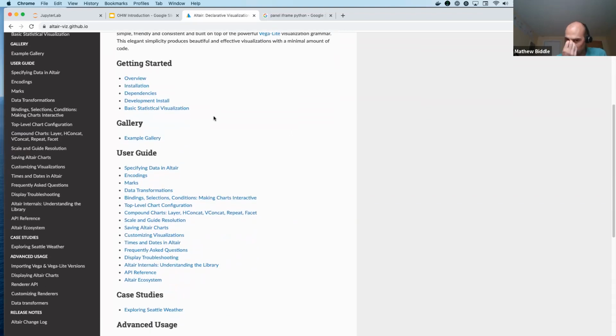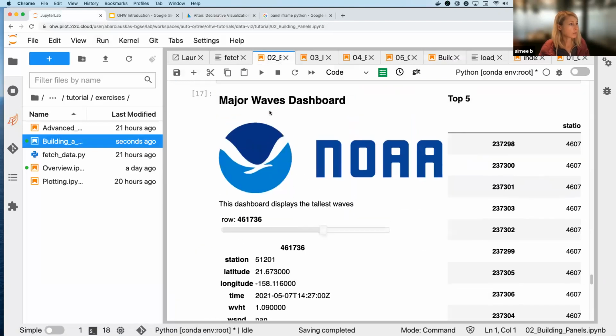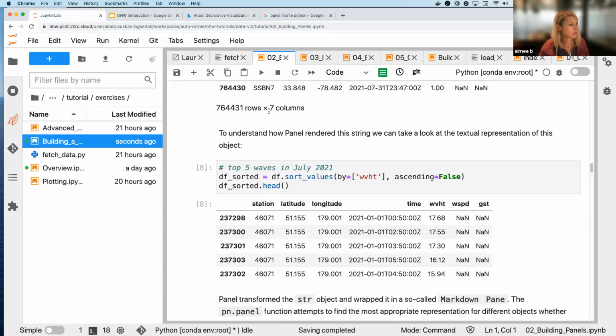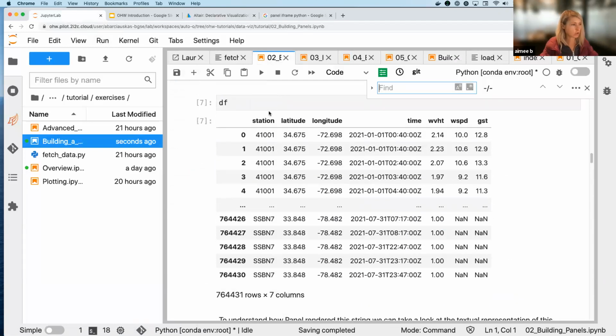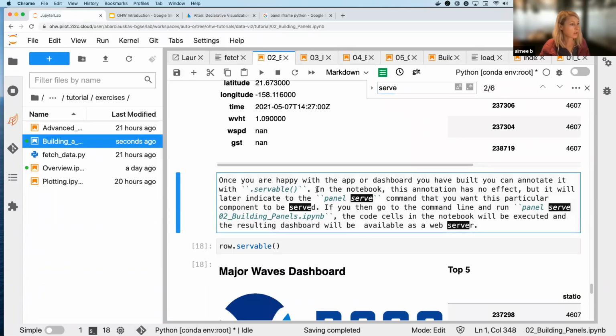Fantastic. Another question just came in about the ease of deploying a Panel dashboard on the web using Heroku or AWS. So I haven't tried it myself. I would say that it looks like from the instructions here about serve, in the Panel notebook,